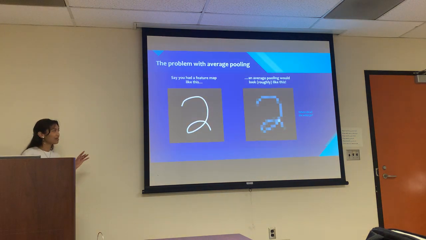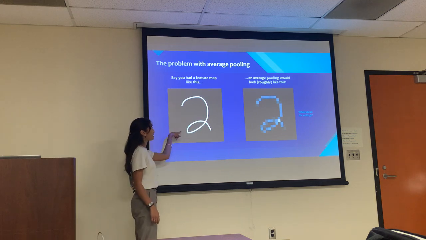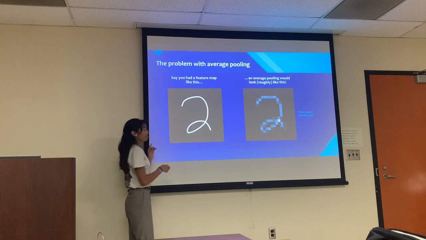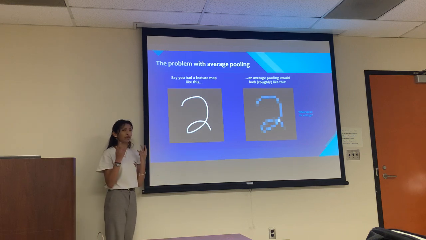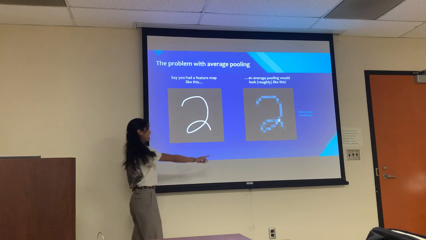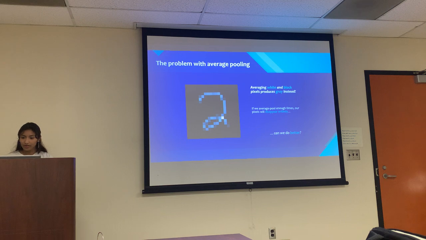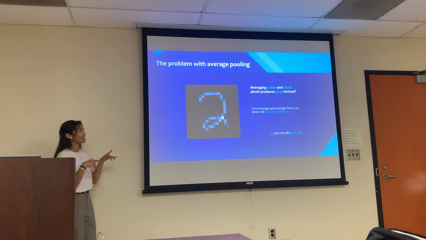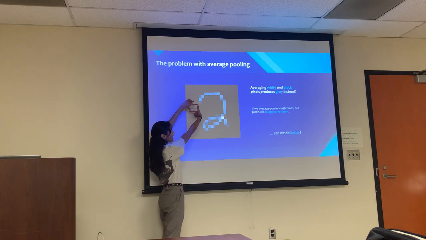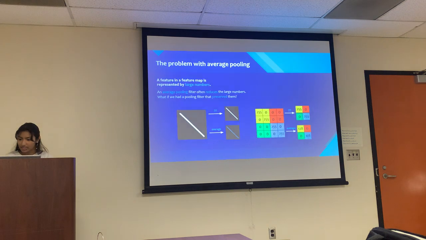So if you apply it to an image that's white on black, for example, and you average this section between the white and the black, the average would be gray. So you get a muddled image that would look more like this, which is not ideal. And if we keep doing this over and over, eventually this section would be gray, and then it would get darker and darker, and we'd be losing our image entirely.